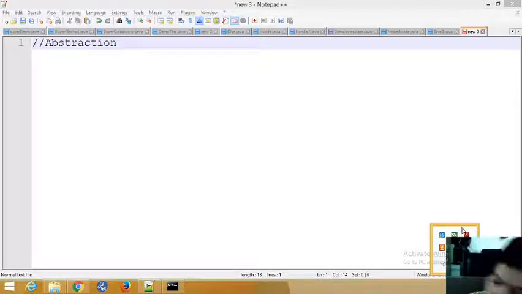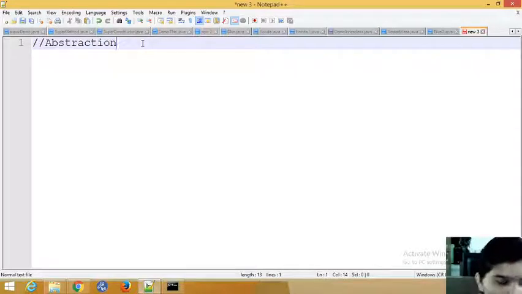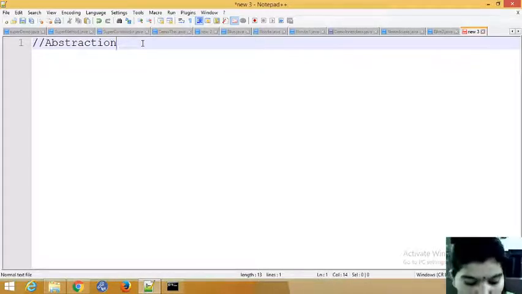So hi everyone, today we'll see one more concept of Java, that is abstraction. To achieve abstraction, we have two methods. First we'll see what we mean by abstraction. You hide the internal implementation and only provide the functionality to use. Whatever the implementation code is, you just hide it and only provide the usage to the user. Usage in the sense of functionality.